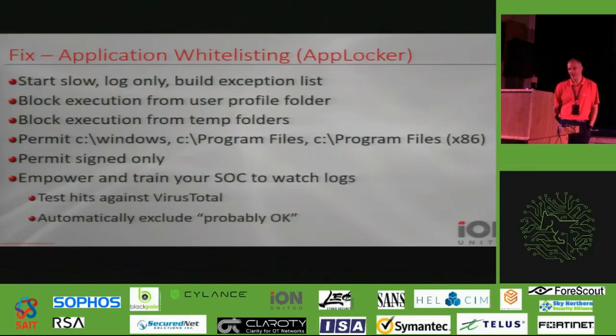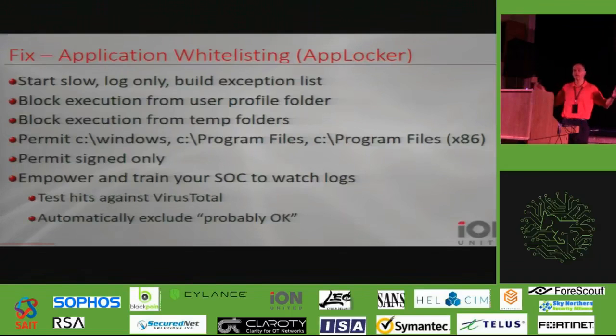App whitelisting, the other bugaboo that inertia kind of puts a crimp on. What am I doing here? Not too bad. So start slow. Turn the application whitelisting in log-only mode and start to build your exception list, your whitelist, right? And